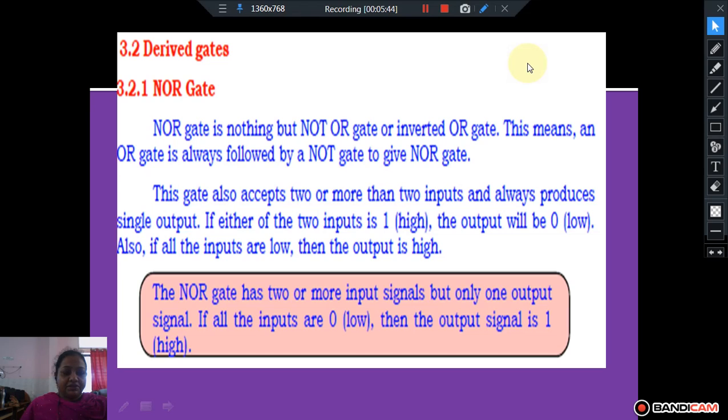So that means if all the inputs are low, then the output is high. If all the inputs are 0, only then the output will be 1. Otherwise it is 0.